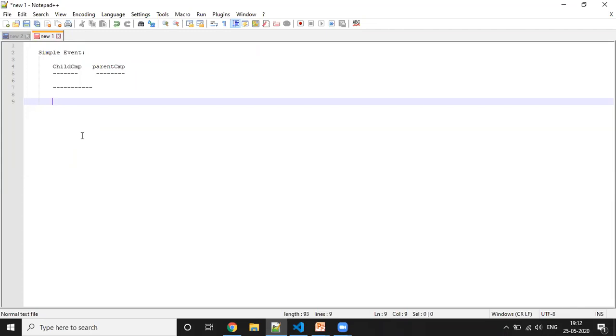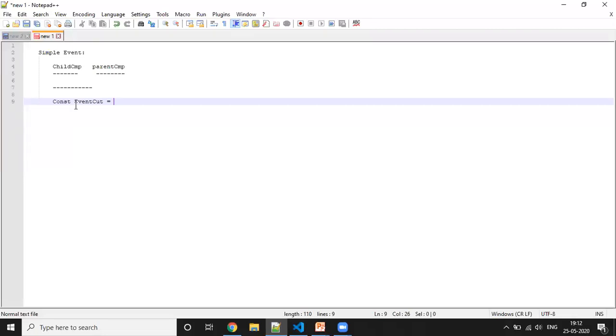First we have to create a custom event, and then we have to dispatch it. For the syntax, we can create any variable, so for example I'm giving event.